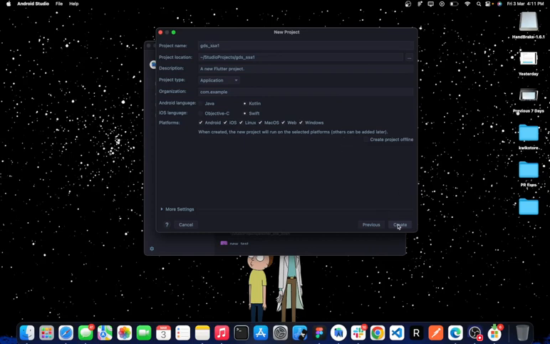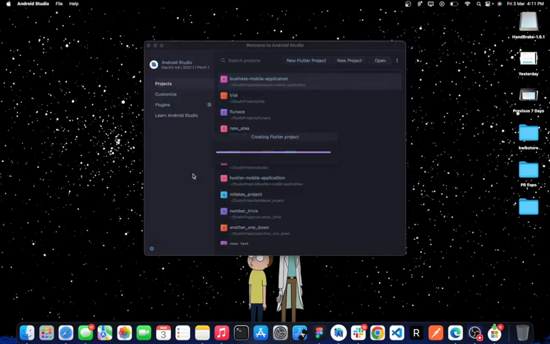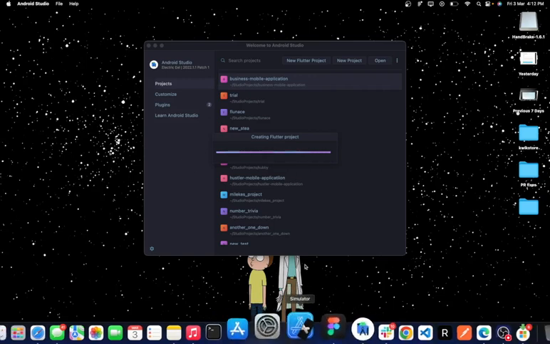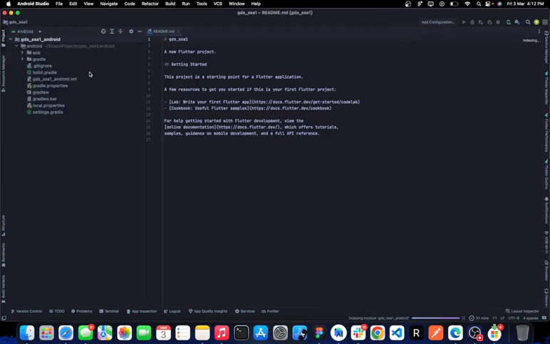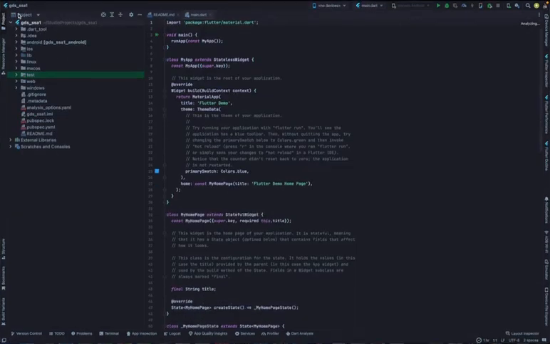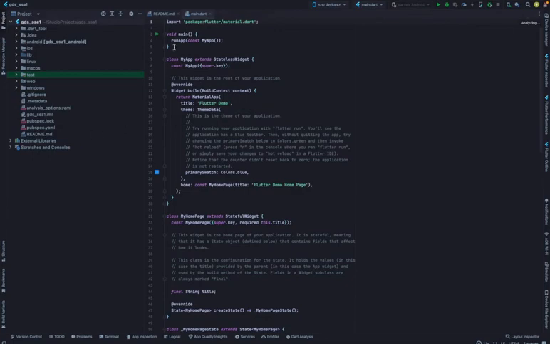Okay, so create. This is going to create our first Flutter project. It's going to create the default Flutter app for us. So I'm just going to explain everything we see here so that we can get familiar with it. So first off,